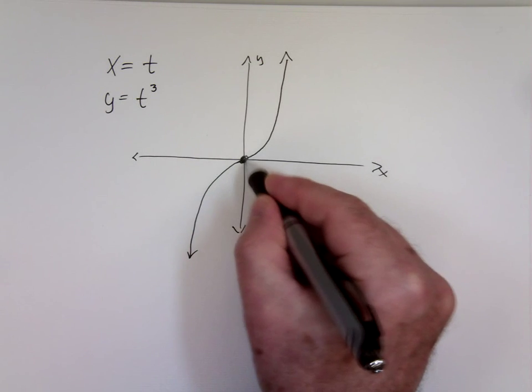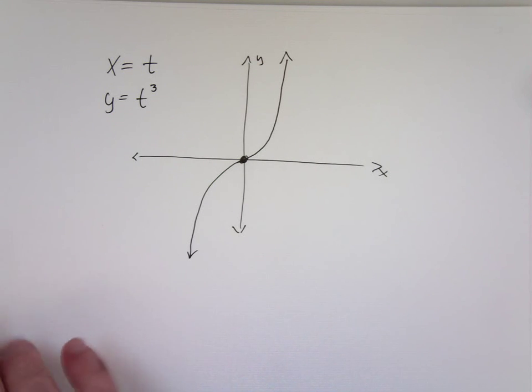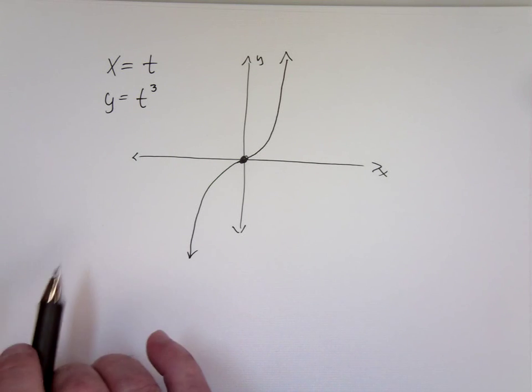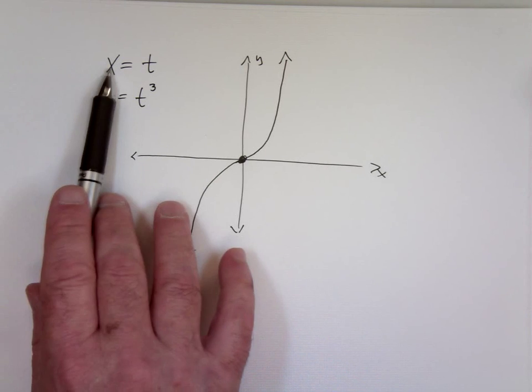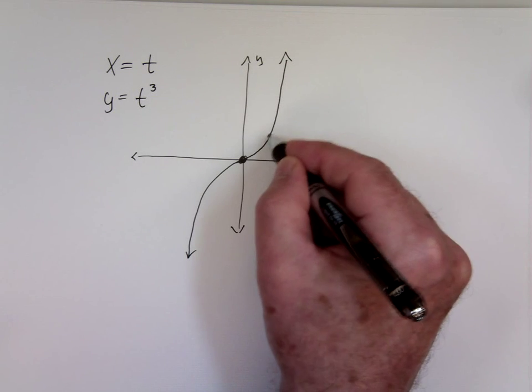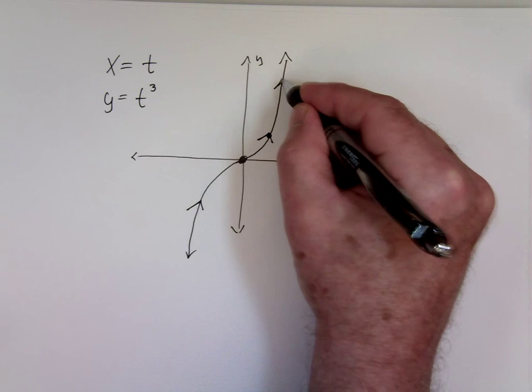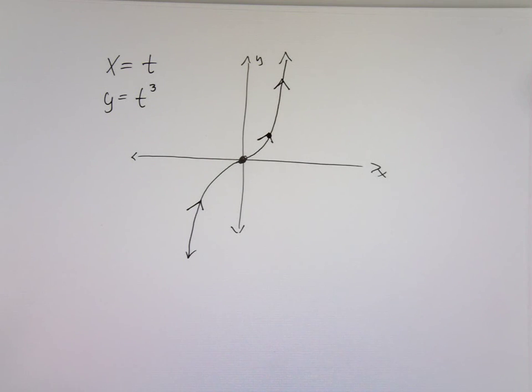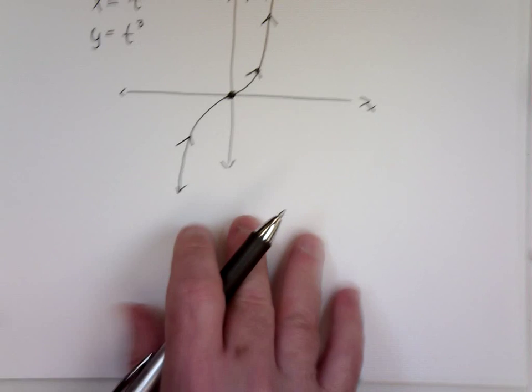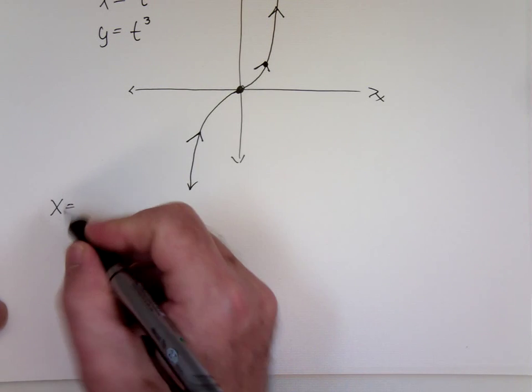And what you then do is increase the parameter. Let t equal 1. X would be 1, y would be 1. The orientation is such that it's going in this direction. Okay? It's going from lower left to upper right in this case. That's the orientation. You're more apt to get an orientation problem with something like, x equals, let's say, negative cosine